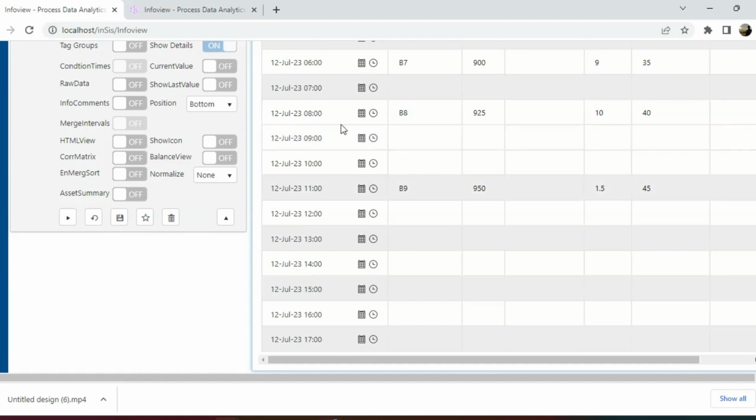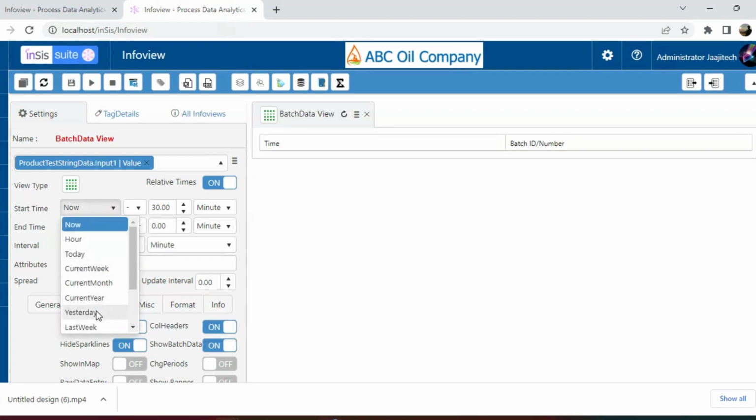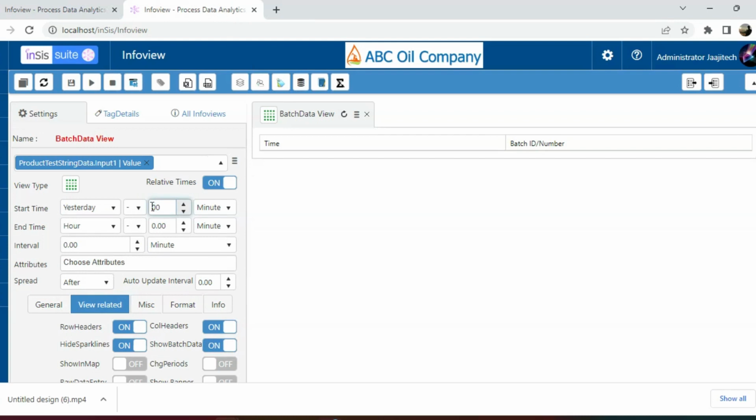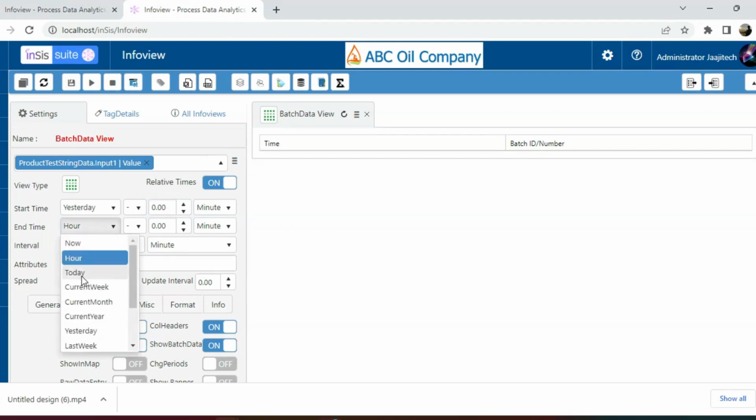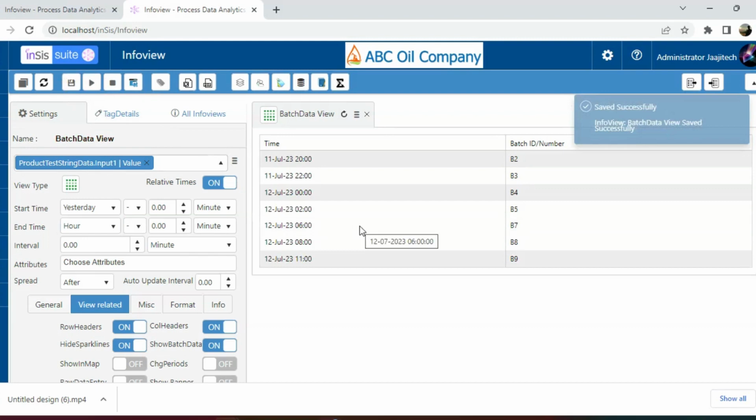Let's move to the second info view and enable batch data. And let me set the start time to yesterday, and end time we will take it as today or hour. That will be better. Let me just save the info view and click on get data. So when you enable show batch data, the info view will show you all the batches that exist within the time frame. For example,